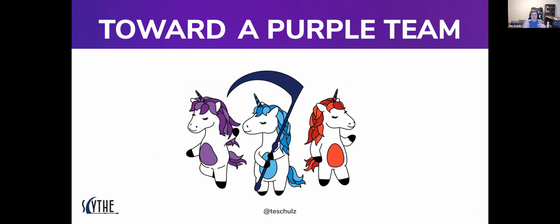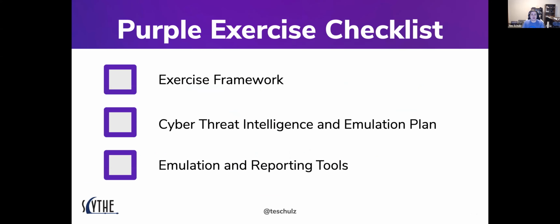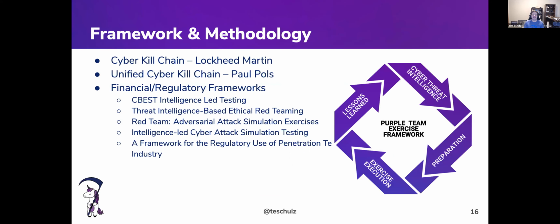So let's talk about purple teaming now, diving into the process. As far as a purple team exercise checklist, there are a couple of major things we need. We need an exercise framework. We need cyber threat intelligence that's going to link to our emulation plan. And then we need the actual tools to perform the emulation and the reporting. So let's get started on step 1. As far as frameworks and methodologies, on the next slide I'm going to talk about the purple team